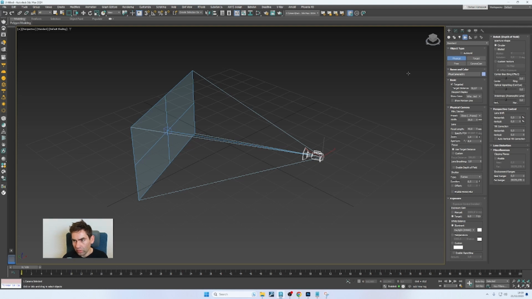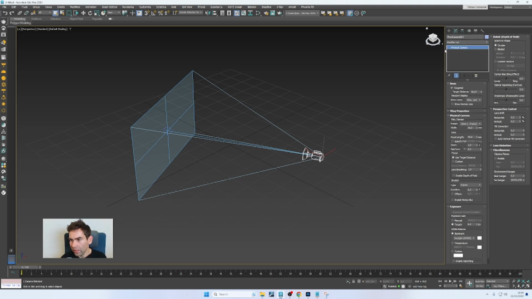And to see all the properties of the camera I have to switch to the modify panel, which is here next to this plus icon next to the create panel. You will find the modify panel, and here I have a lot of different options for this camera. So here I can switch between a targeted camera and a non-targeted camera. So if I deactivate this, the target